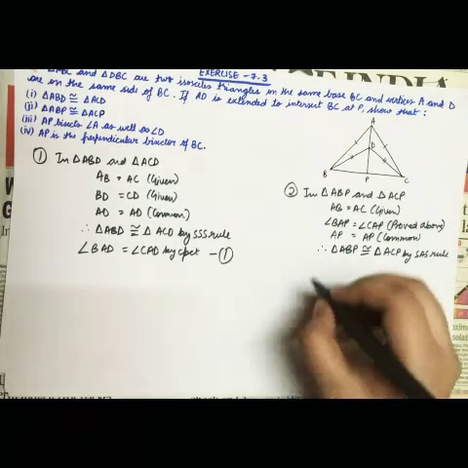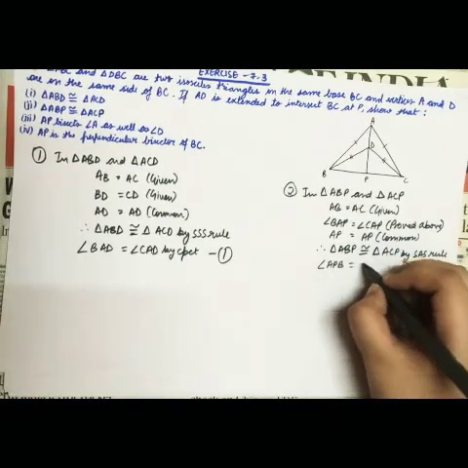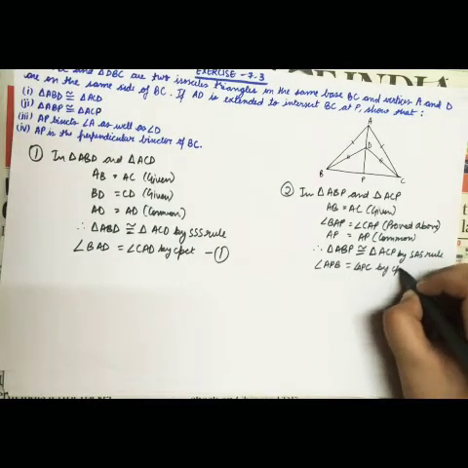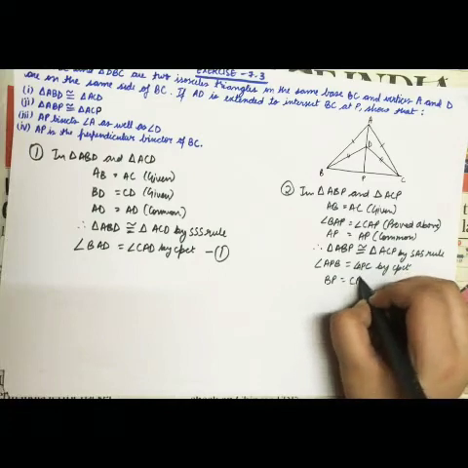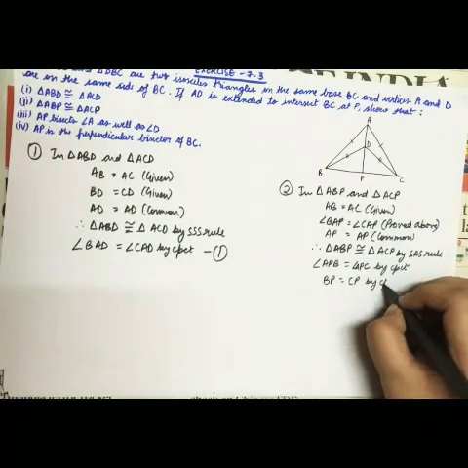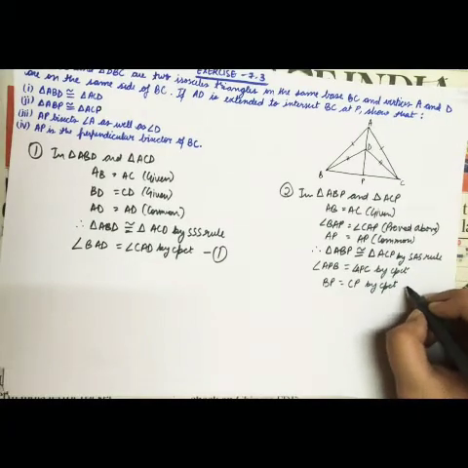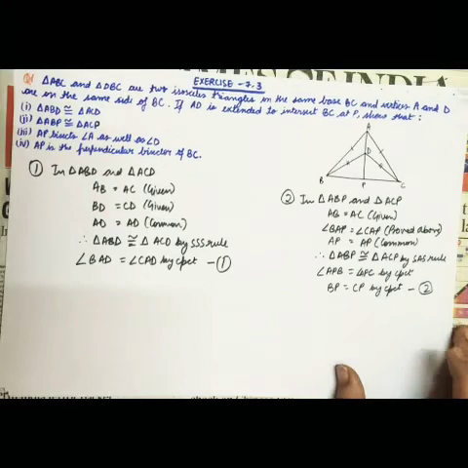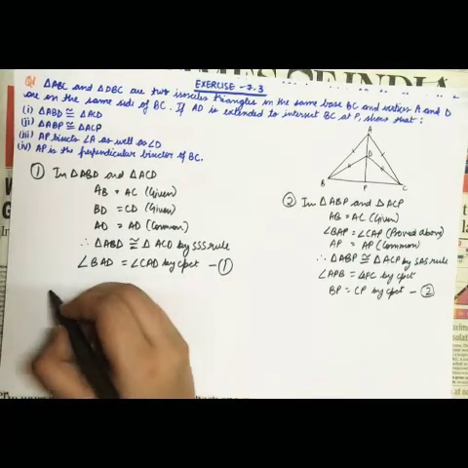So now we can say that angle APB is equal to angle APC by CPCT, and BP is equal to CP by CPCT. We will mark this as second. Now in triangle